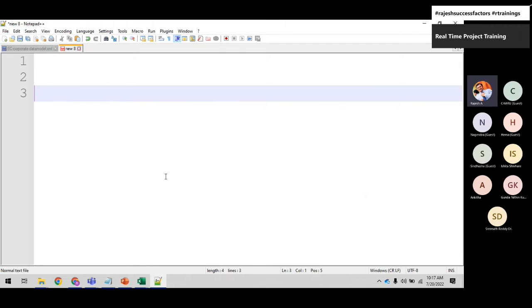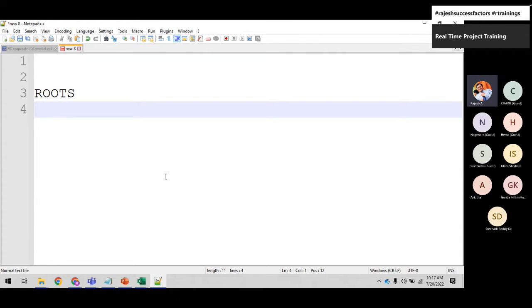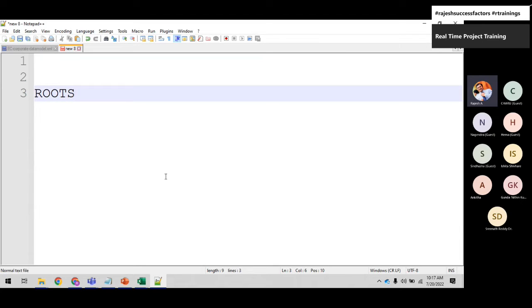In XML language, we have roots. Under the roots, we will be having elements. The root is sometimes also called an element. This is a programming language, but just ignore that. Now I'll tell you. Every root, if a starting is there, then definitely there should be an ending, which means you can see